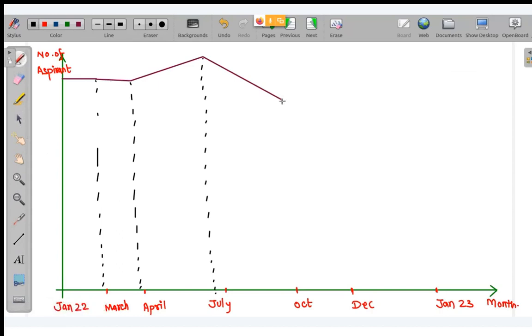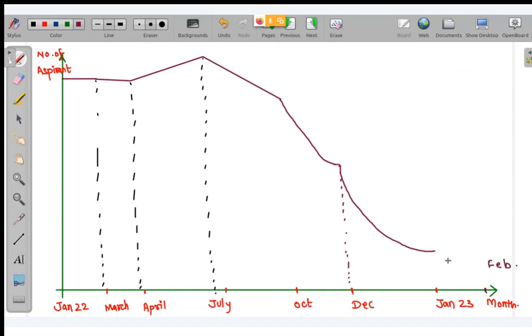Now from October to December, you will see a steep decrease, but still it is going to be linear only, not that much. But from December to January, there will be an exponential decrease in the number of students. Today there are 6 students, so by the end of January you will see only 1 or 2 students in this class. Even with this batch I am telling you. Now you have to decide who you are, whether you want to give up over here.